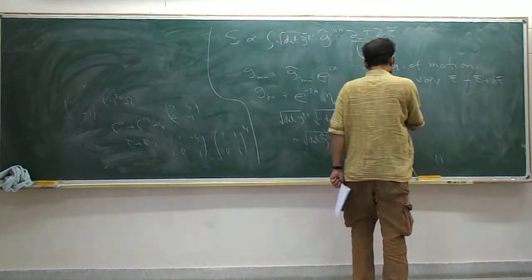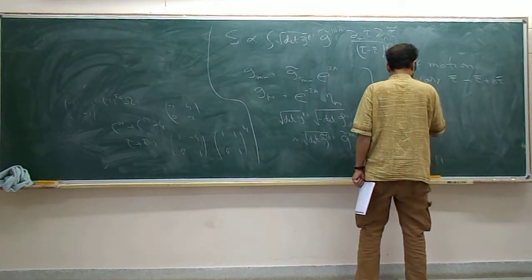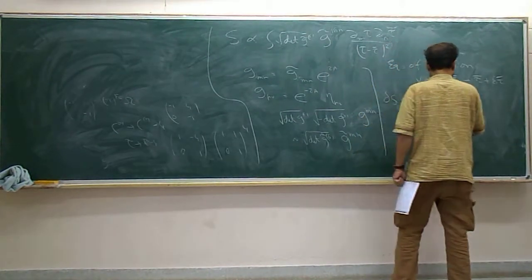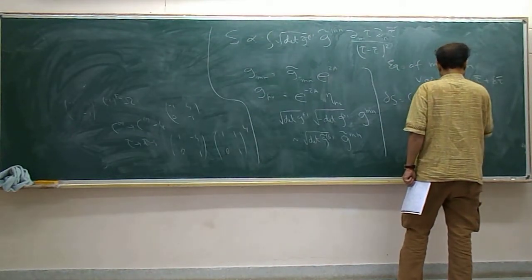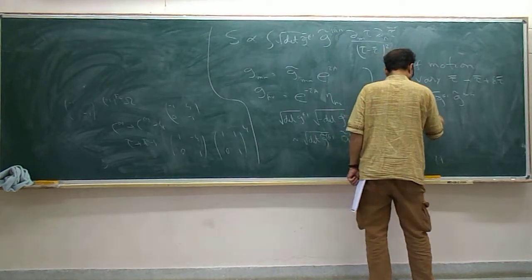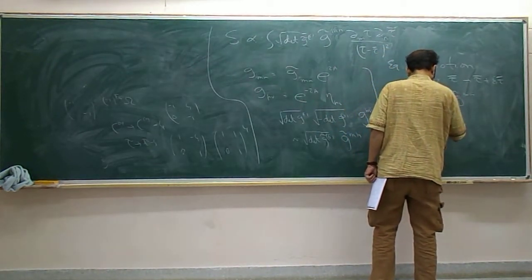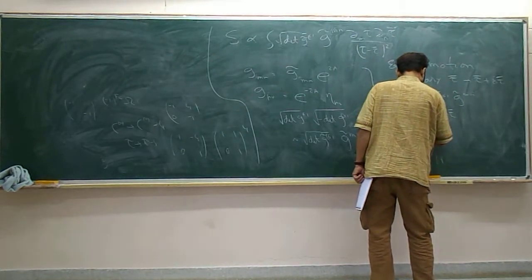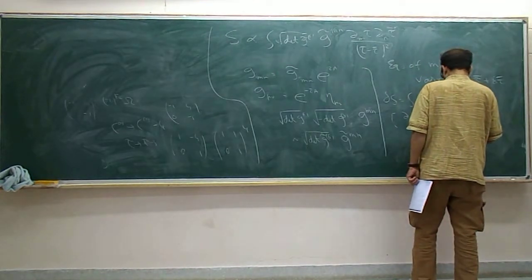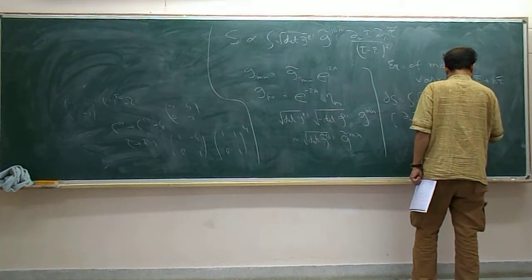So if you vary tau bar, delta S becomes the integral of the square root of determinant G tilde, and there are two terms now. One is del m tau bar, del n delta tau bar, over (tau minus tau bar) squared, plus 2 g tilde mn